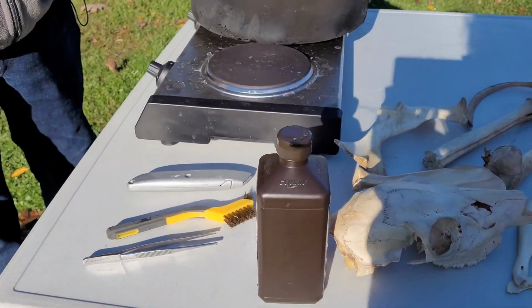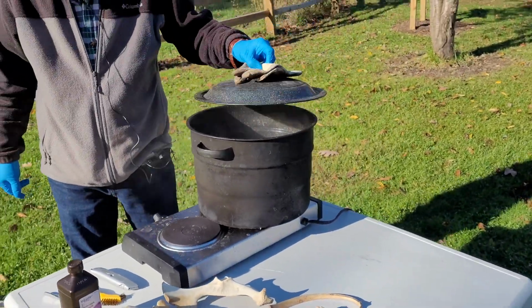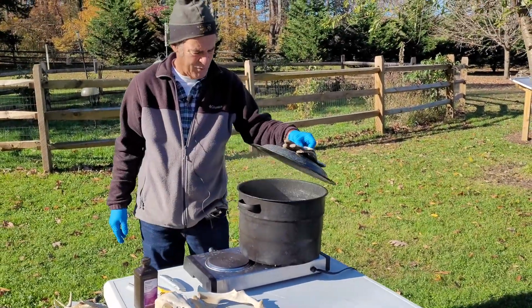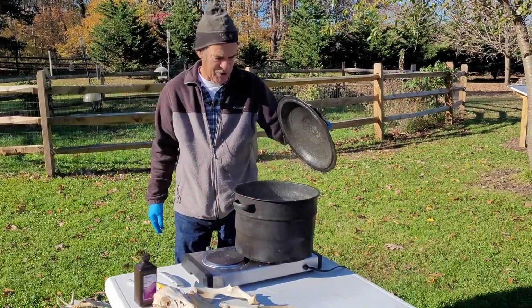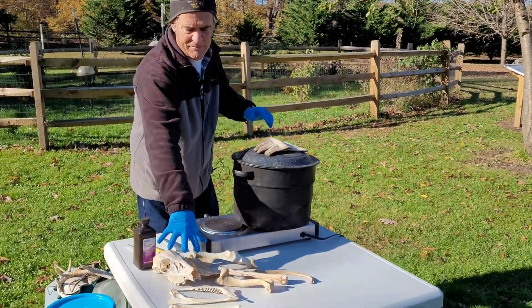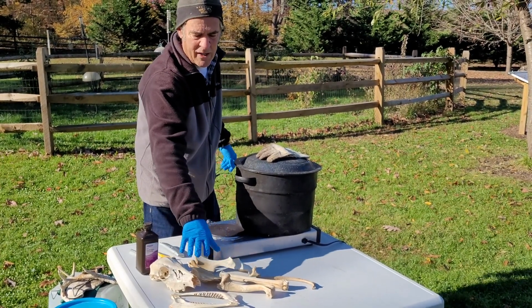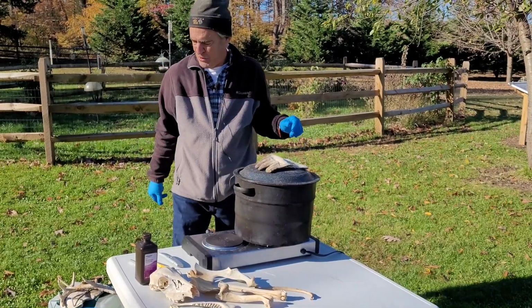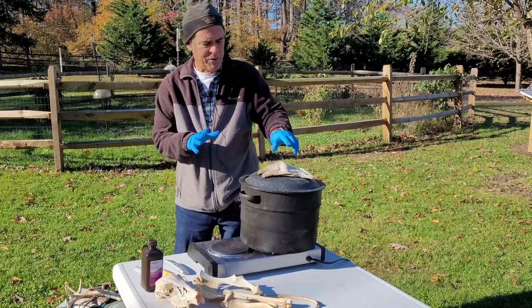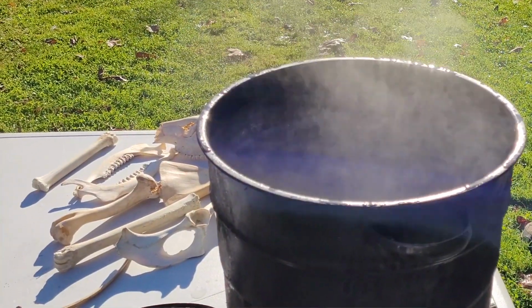The cooking part of the process is really as needed, or as much as needed. You don't want to overboil bones because they'll take on a yellowish, nasty kind of coloration, which you probably don't want. What most people want is something that looks like it's been whitened or bleached by the sun. But we'll get into why letting Mother Nature do all the work can be a problem too, which we'll get into shortly. So after you've cooked the bones to your satisfaction, removed any bits of flesh or fur,